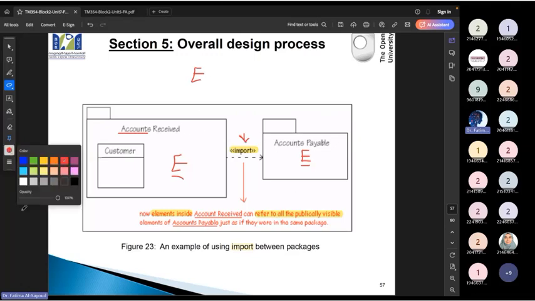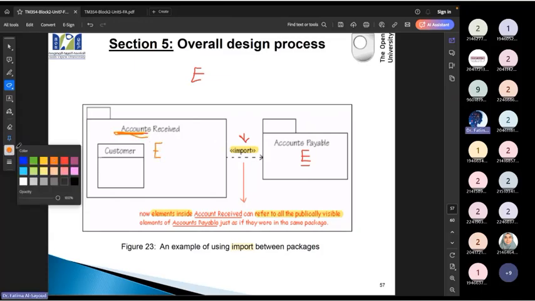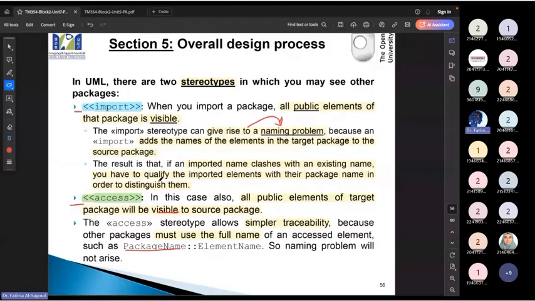So let's use a different color. I have the E, which belongs to me, and I have the E coming from the payable. So the problem now: how do I know which is for whom? This is called raising a naming problem.